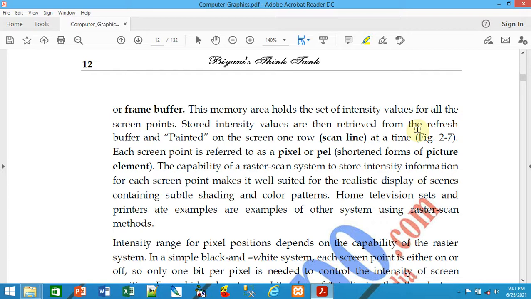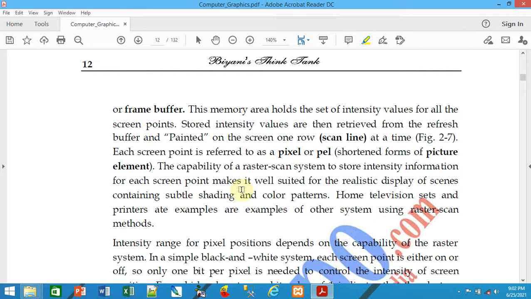In the picture below you can see that each screen point is referred to as a pixel or pel, a picture element. Because it is digital, every dot is nothing but a pixel. The capability of a raster scan system to store intensity information for each screen point makes it well suited for the realistic display of scenes containing shading and color patterns.